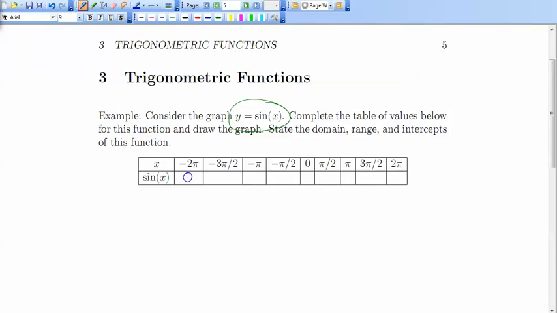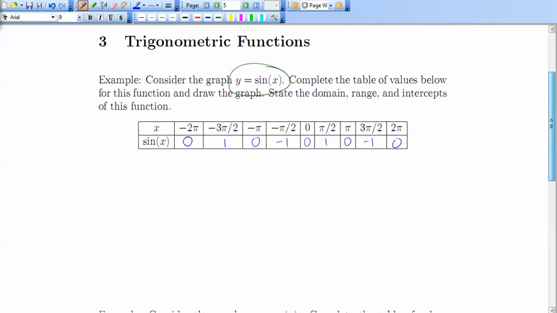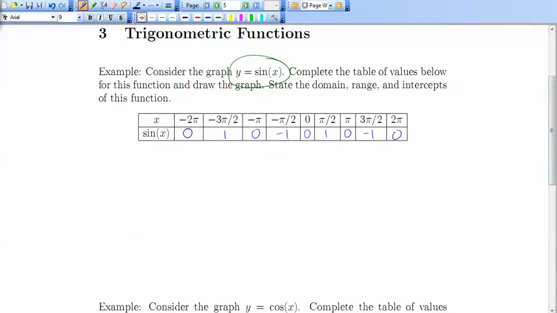Then for negative 3 pi by 2, we'd have a value of 1. At negative pi, we'd have a value of 0. And you could calculate the sine ratio for all these different angles I've got listed here. Now, if I were to draw the graph of y equals sine of x,